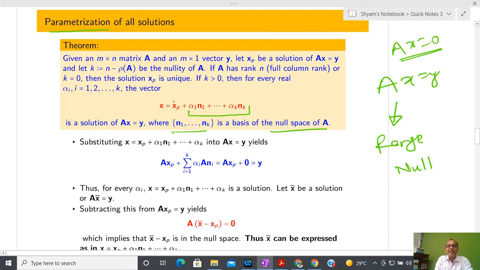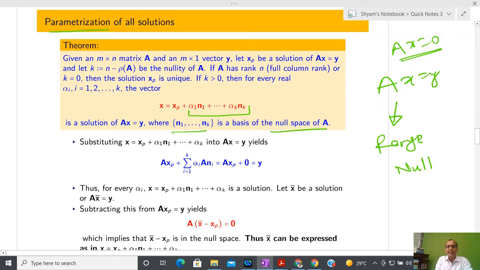Now what is xp? What we have found is that only k is the nullity, so the rest falls in the range space, and due to that reason x is xp plus the null space part. So the full solution is just the addition of these two solutions. And it is very easy to check. What you can do is substitute it here.